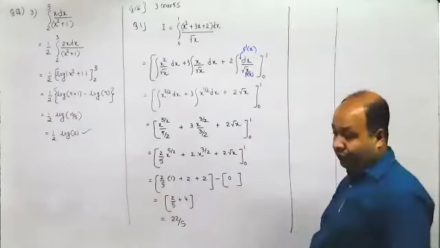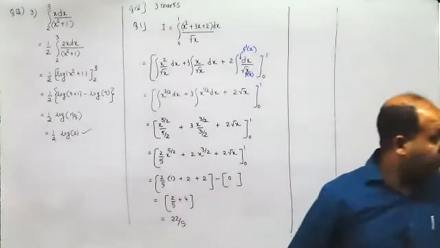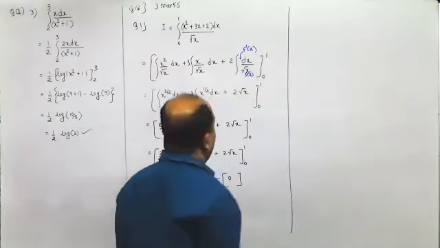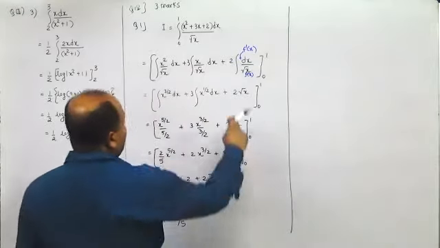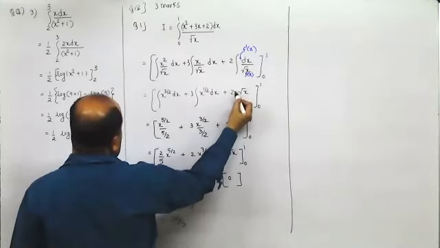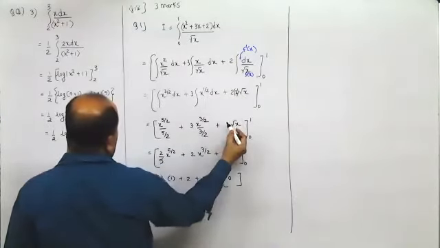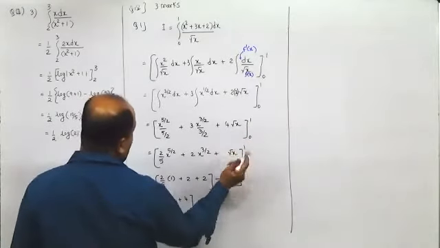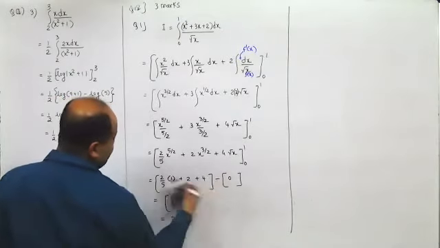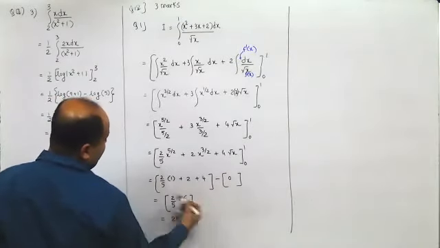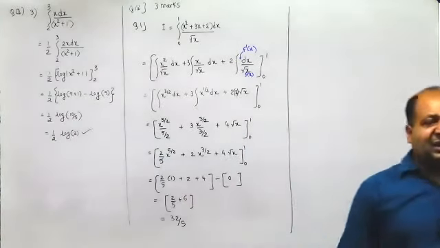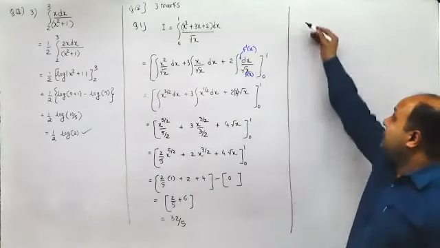Say, the last term should be 4 root x, no? Which one? The last term, 2 root x, you have written, it should be 4 root x. Yes, it should have been 4 root x, 2 into 2 root x. Perfect. Always verify all these questions from the solution I have solved. This is just meant for a rough solution for you. This is plus 4. I may make calculation mistakes because I'm doing all of them in haste. 6 by 30, this is 32 by 5. In fact, the board has even provided the final answers. You can verify it from there also.